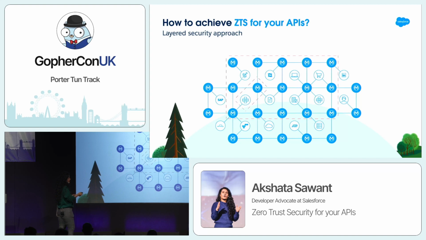Suppose this is a microservice mesh, where there is an interaction. At this level, I'm going to have a security policy at each and every level wherever there is an interaction. Based on the requirement, we are going to have some kind of security implementation. And that is the underlying principle, and that's how we are going to have a zero trust security implementation as well. So you can see just one inner circle,